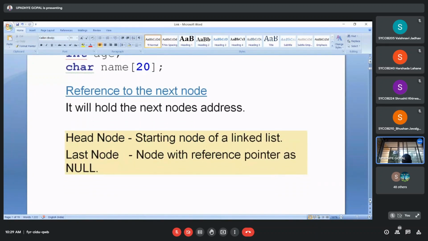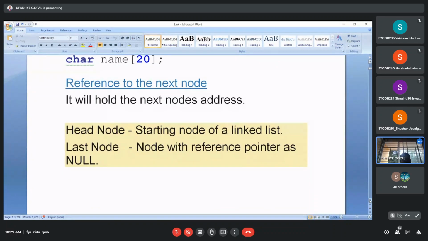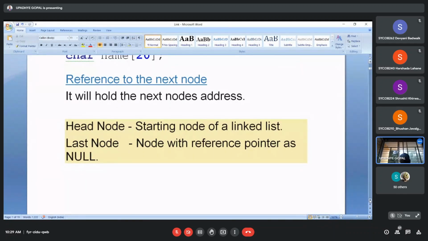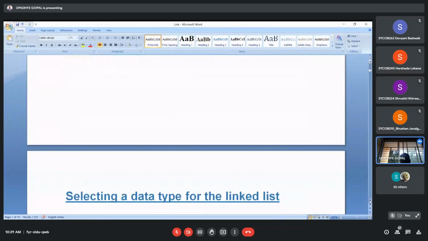Now, the linked list consists of a starting node, which is called the head node, and the node whose reference pointer for the next node is null is called the last node. Initially, the information